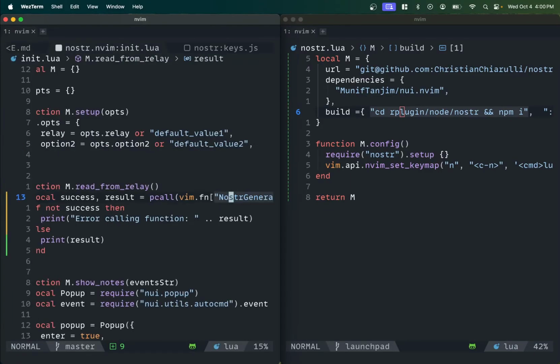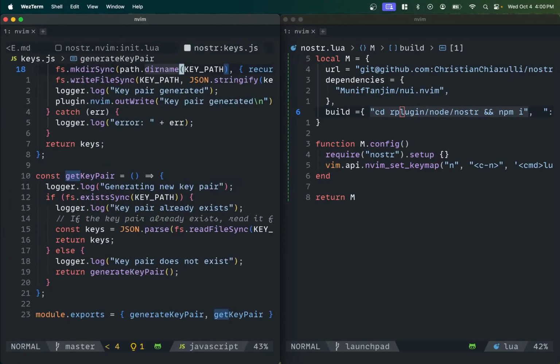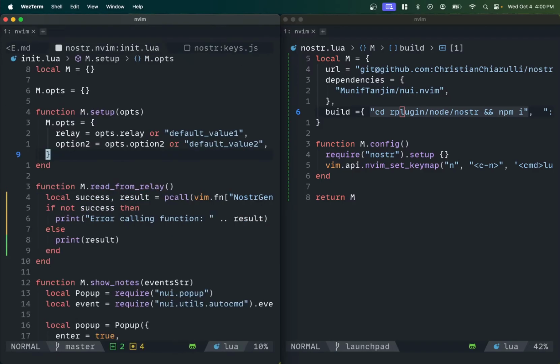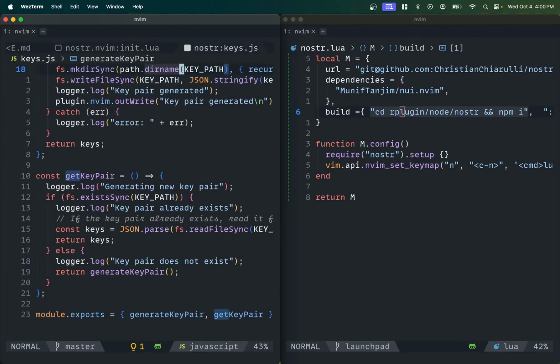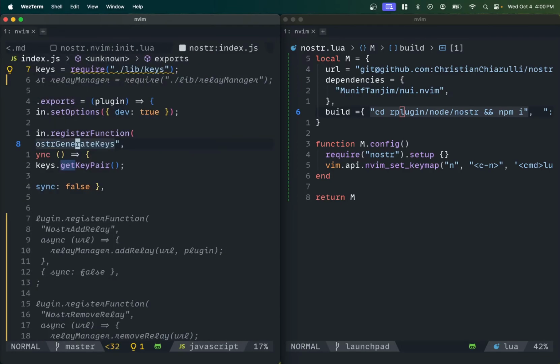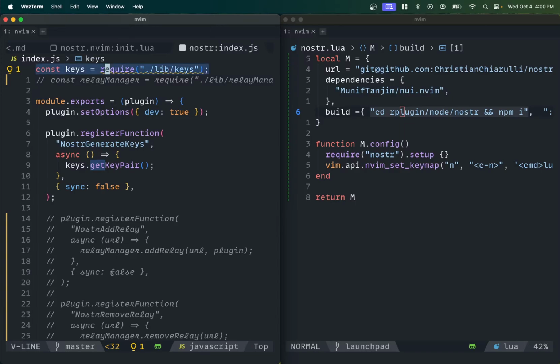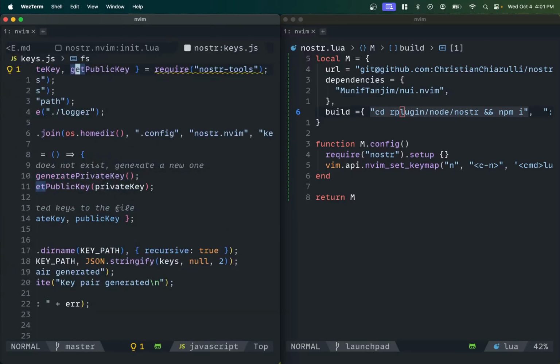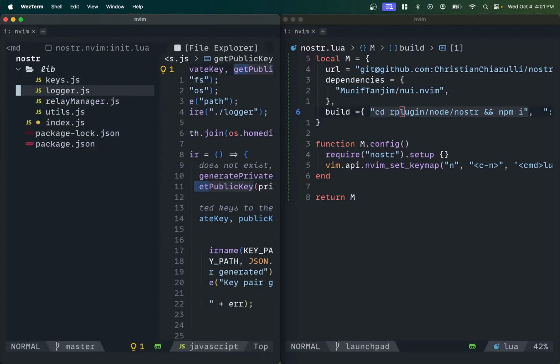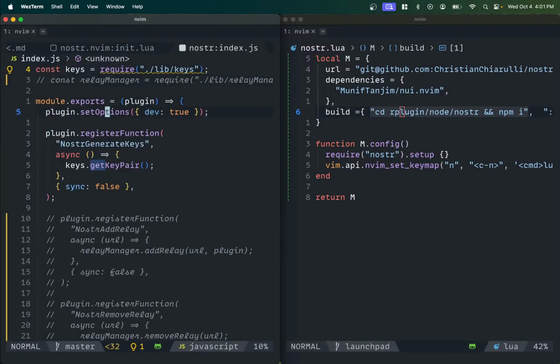So if we jump over to this here, where was I? I think it's here. Is it here? No, this is the Lua code. If we jump back to index, right? You'll see that I'm just going to require some libraries at the top, just some libraries that I personally defined. This one's called keys. So if you look over here, I have lib and then I have keys. This is just some business logic to generate keys. And then what we're going to do is write module.exports, pass the plugin through, and then